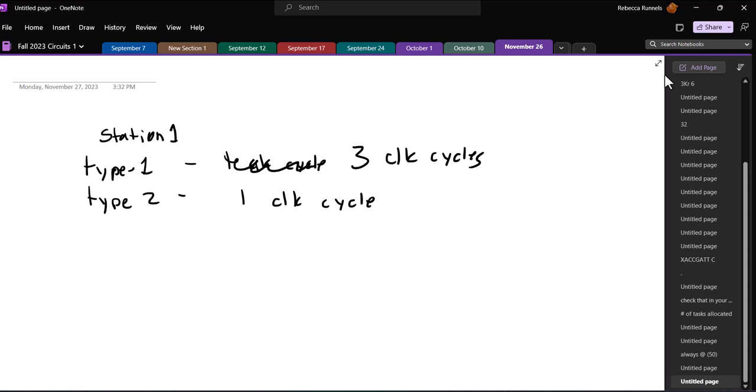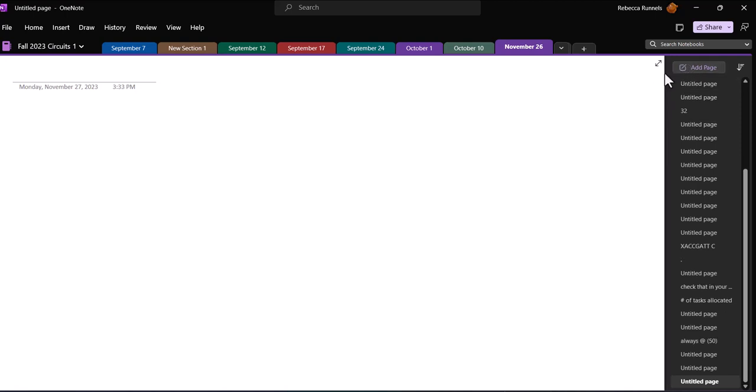So you're going to have 3 possible states here: ready, wait 1 clock cycle, wait 2 clock cycles. Those would be your 3 states. So when you do your case statement based on your state,